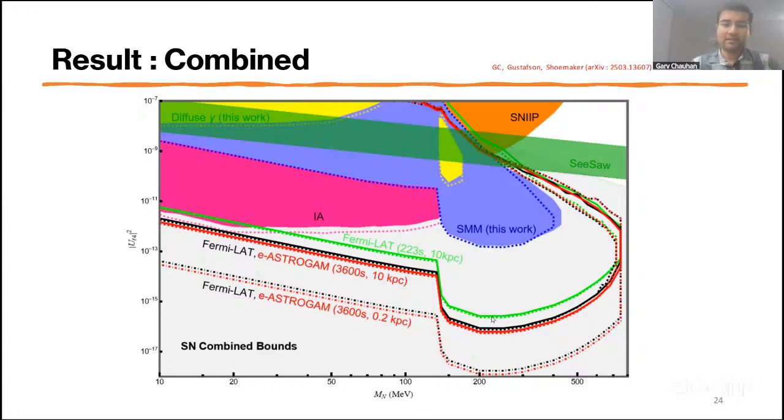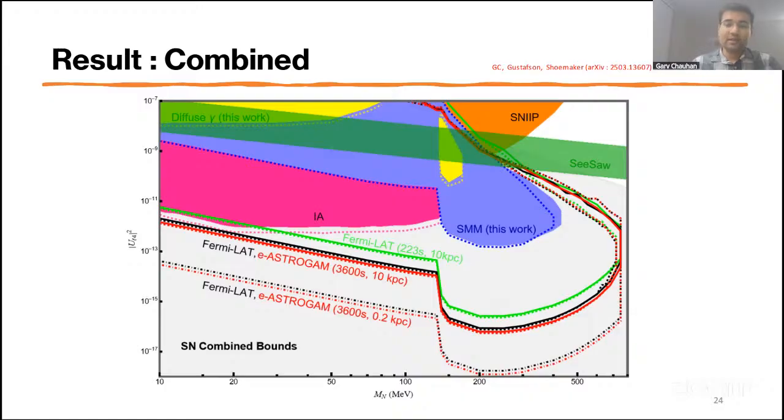And if the supernova was even closer, like 0.2 kiloparsec, which would be kind of like a benchmark point for Betelgeuse, which is a very good candidate for a star that might go supernova soon, sometime in future, then the mixing angles that you can probe is up to 10 to the power minus 18, which is pretty